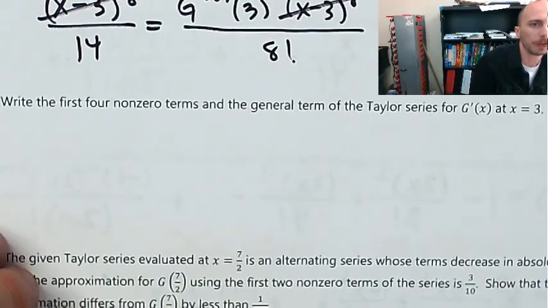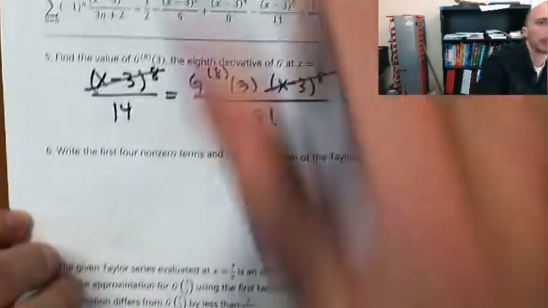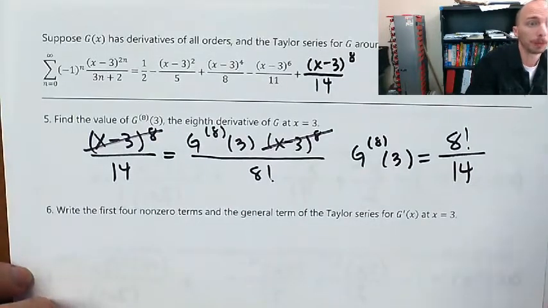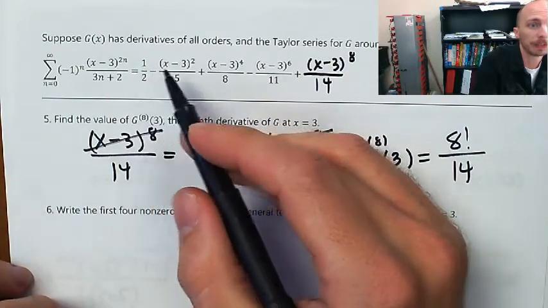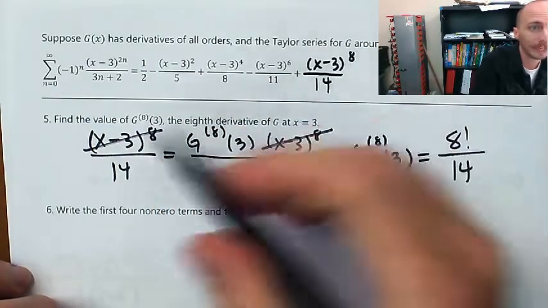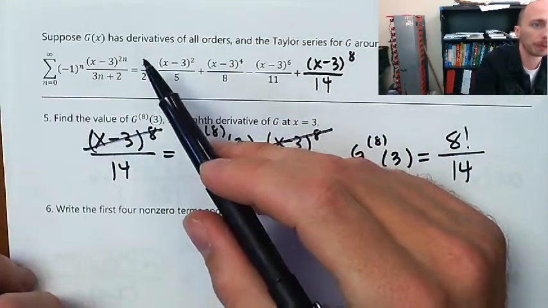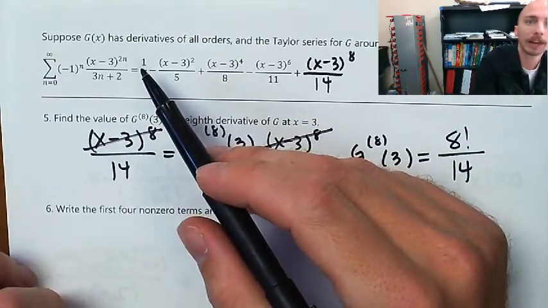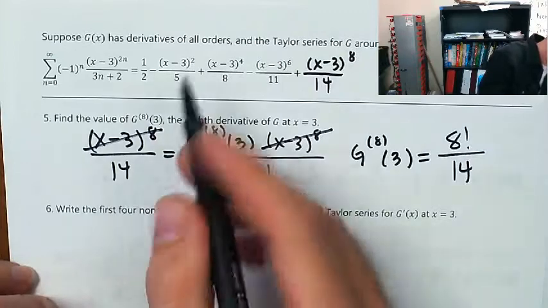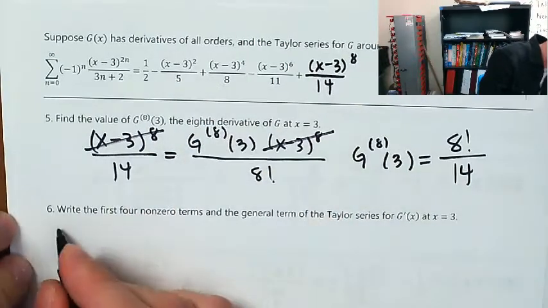And then I'm going to find the first 4 non-zero terms in the general term of the Taylor series for g prime of x at x equals 3. So I'm going to take the derivative of these terms and the general term, which is right here, and I'm just going to report that. The first 4 non-zero terms: there's a 0 term because the derivative of a half is 0. So I'm going to have negative 2/5